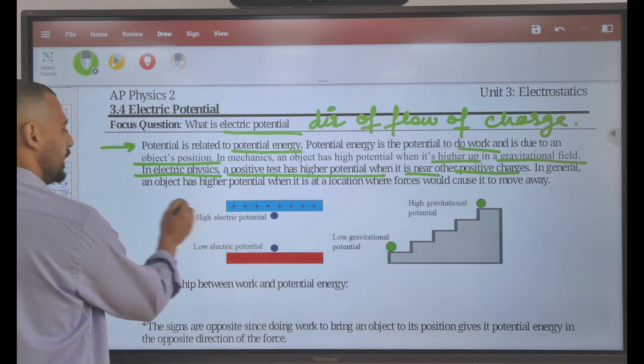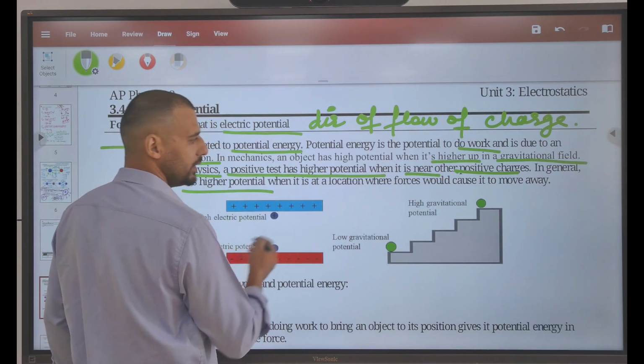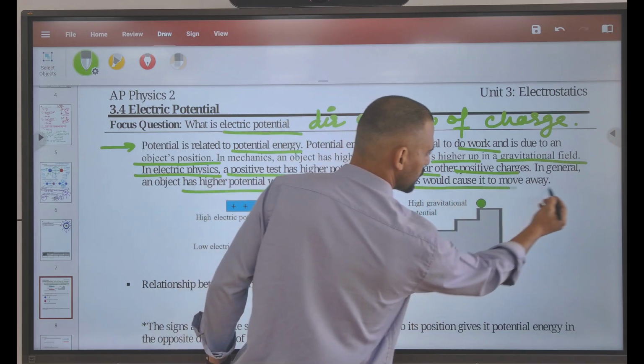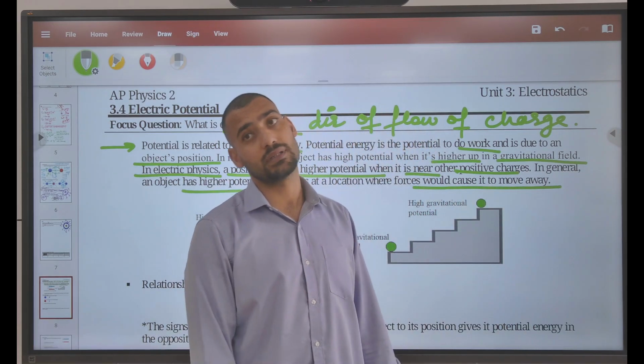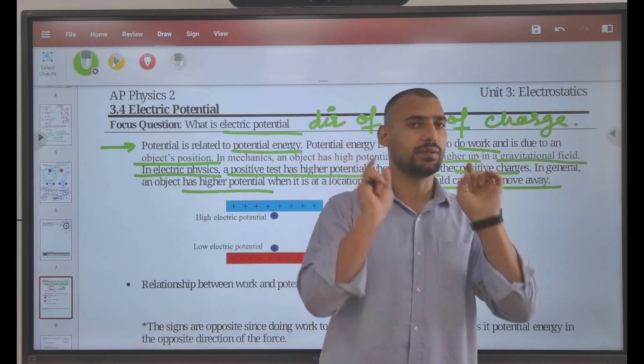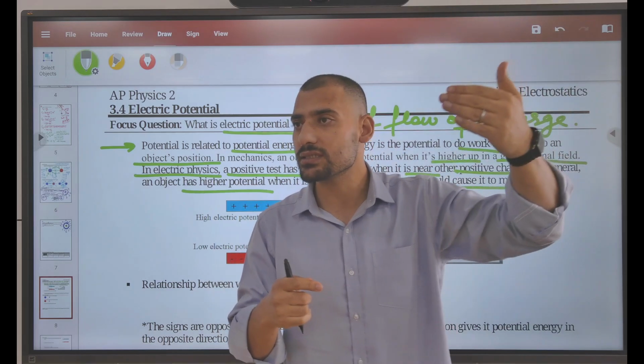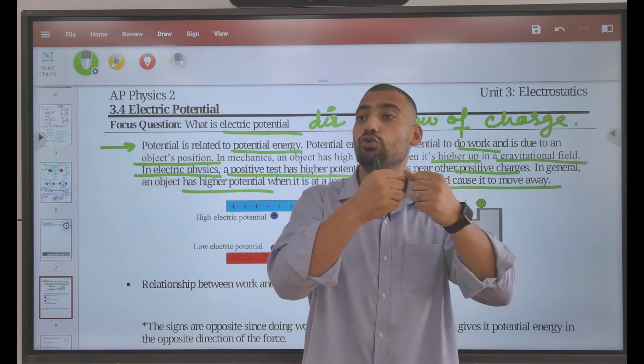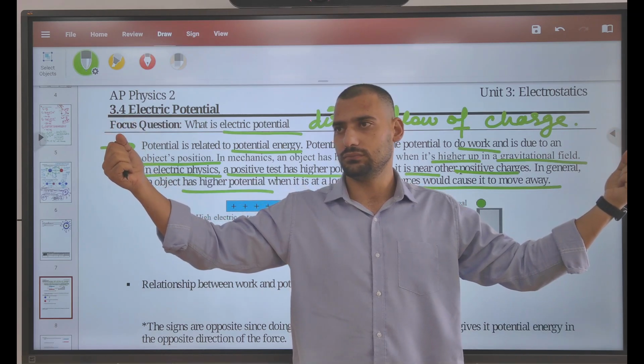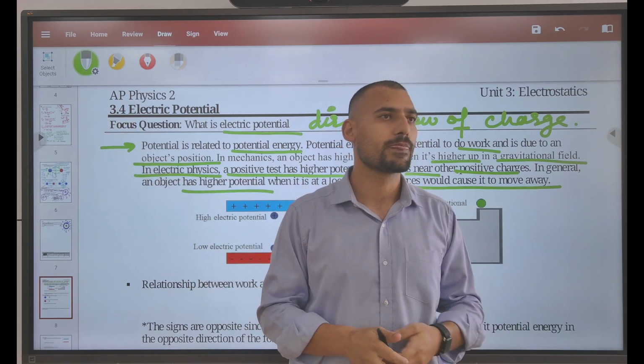In general, an object has higher potential when it is at a location where the forces will cause it to move away. Remember this. If we say that a body has higher potential, it means it has the tendency to go away. Like for example, I'll tell you,